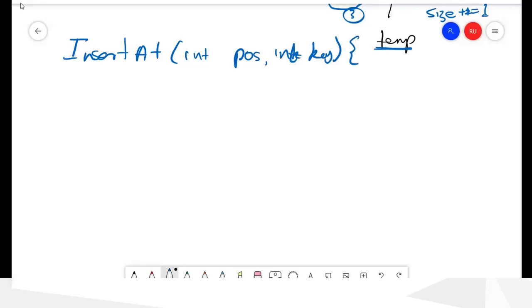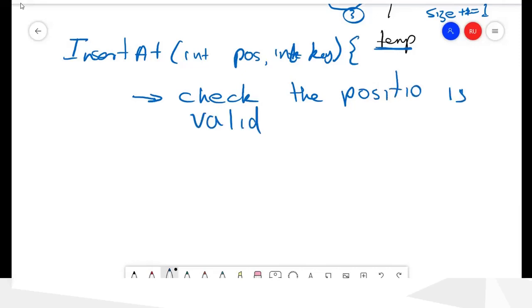Here, first we have to check that the position is valid. Then, similar to the previous singly linked list, we can do that. So we will see how to do it, and then we have to check.